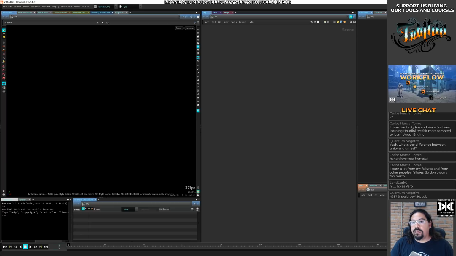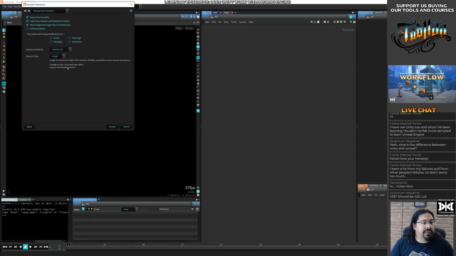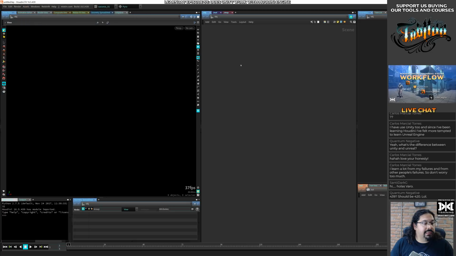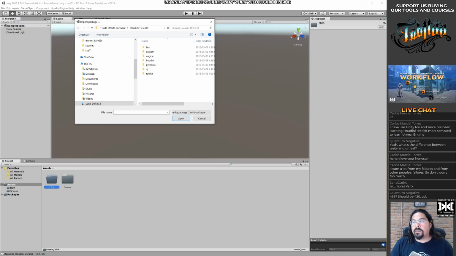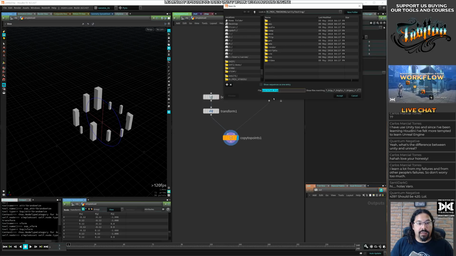All right, that works. That one works, and I don't know why the interface is too small. Apply, accept. Let's save and quit, and let's save this as simple asset.